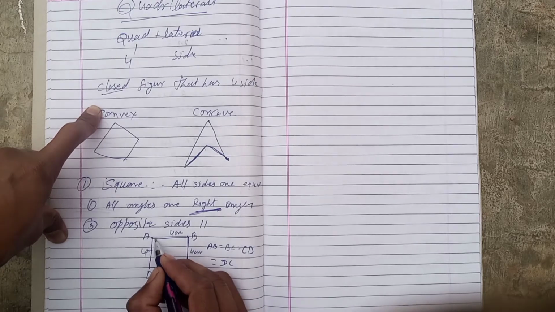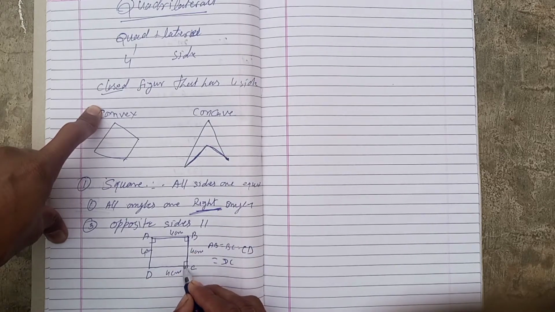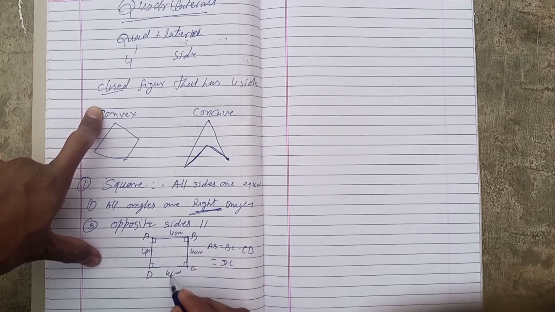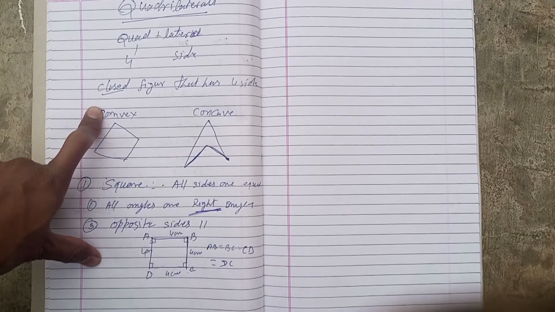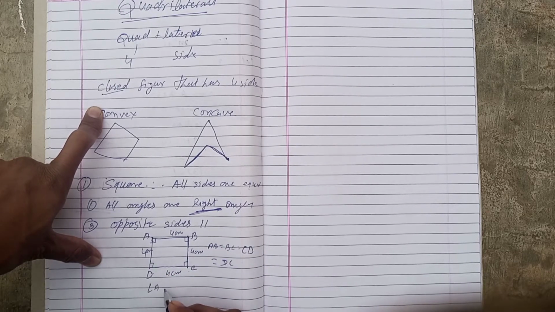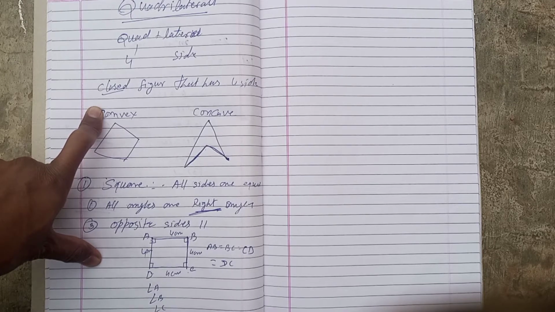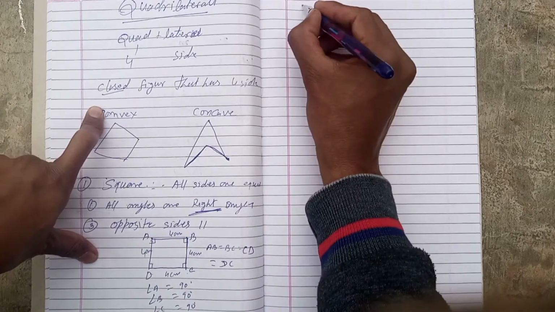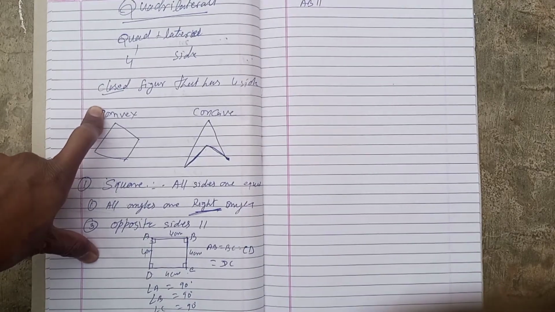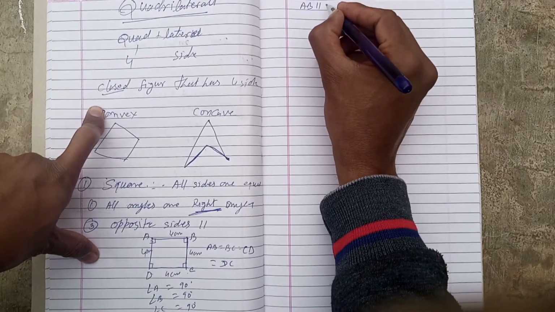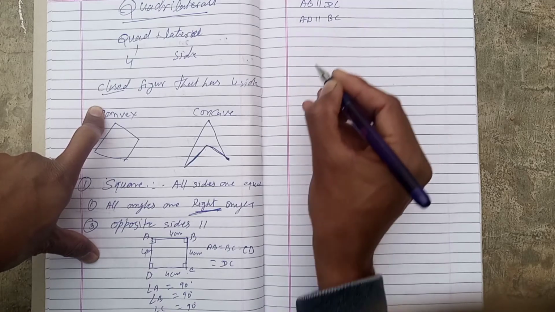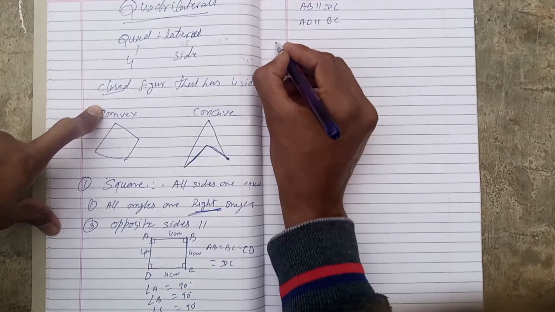And these angles, angle A, angle B, angle C and angle D, are all right angles. Opposite sides are parallel: AB is parallel to DC and AD is parallel to BC. All angles are 90 degrees, or right angles. That is called a square. Next, another quadrilateral, that is called the